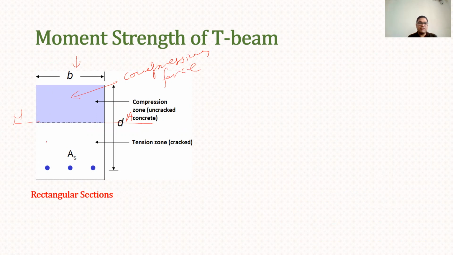And below the neutral axis, the concrete is cracked and it will not take any tension. This is our theory, this is our assumption. And to take tension, we provide